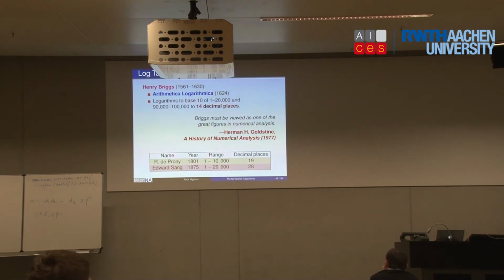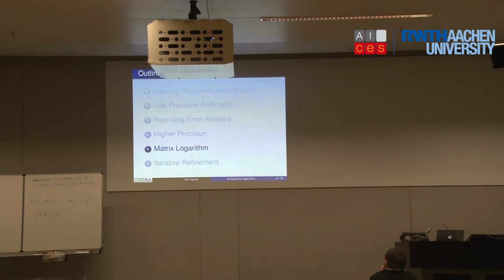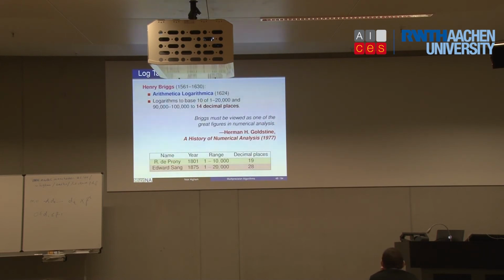But first of all, a bit of historical context here. So we're going to compute the log of a matrix to maybe 32 digits, which sounds quite exotic somehow if you've been working in double for many years. But what I want to point out is that there's nothing really clever here. People were doing this years ago. Henry Briggs in the 1600s was working out logs to 14 decimal places by hand.